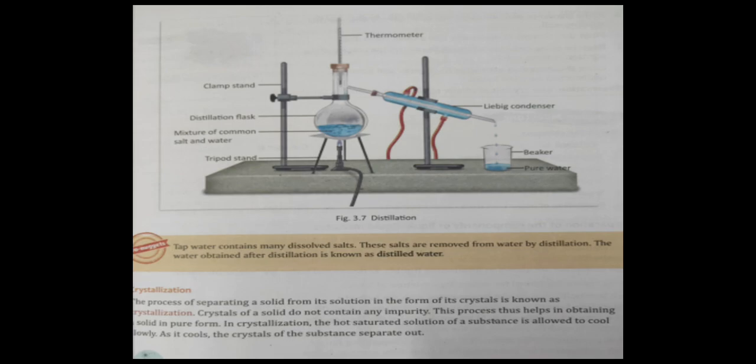So first of all, when we heat this mixture, what happens? The water will evaporate, and when it goes to the condenser, it will be condensed and collected in pure or distilled form in the conical flask. So this is distillation. Tap water is purified by the process of distillation. The process of distillation can be used to separate two liquids that are completely miscible and have a considerable difference, about 25 degrees or more, in their boiling points. So I hope you understand. The next process I will discuss in my next module.